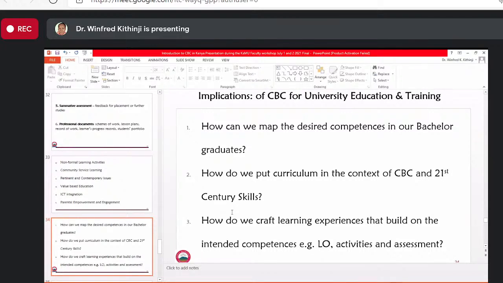Then also, how do we put our curriculum in the context of CBC and also the 21st century skills that we are talking about? Tied to that also is, how do we craft our learning experiences? Now that we are saying it is more learner-centered, how do we design that so that we can achieve the intended outcomes? How do we plan the activities? How do we assess? These are some of the things that we need to ask ourselves and start thinking about as we transit,